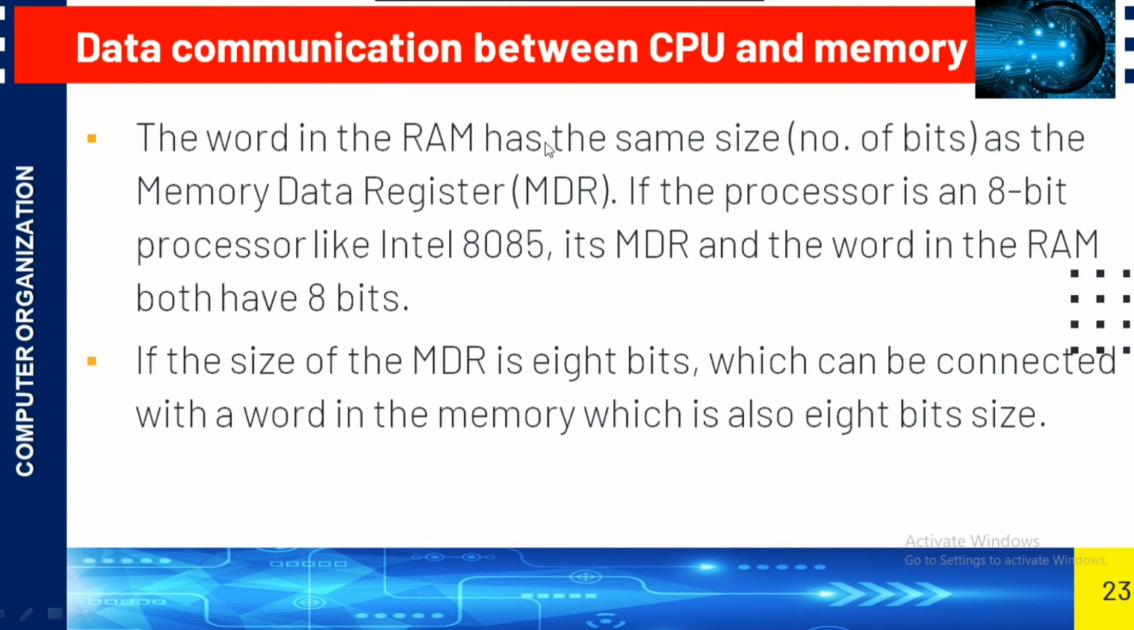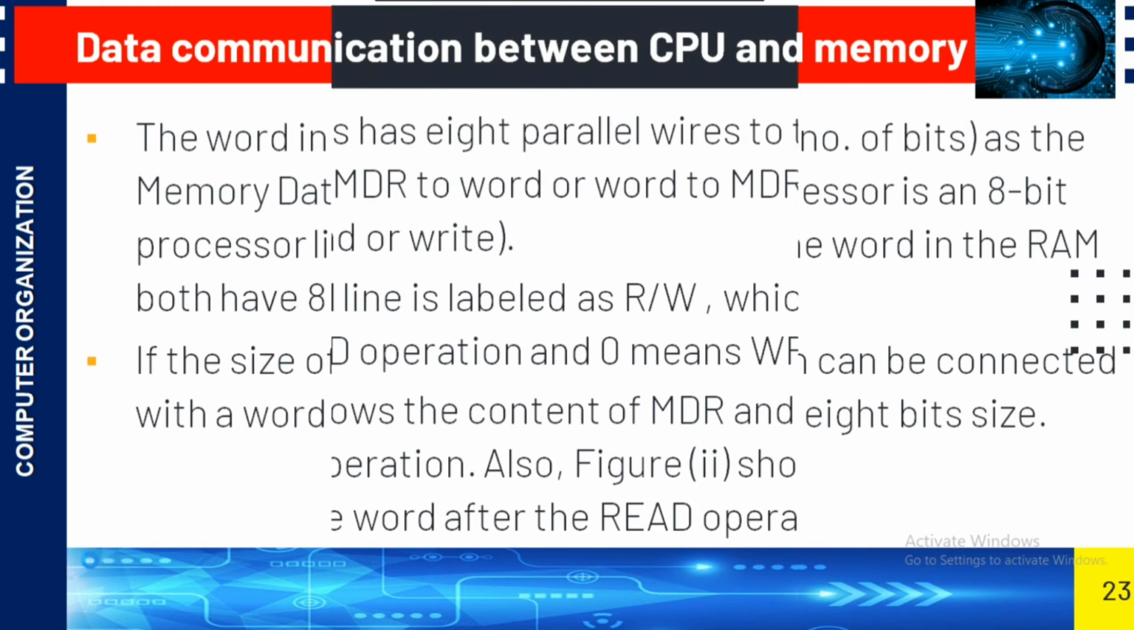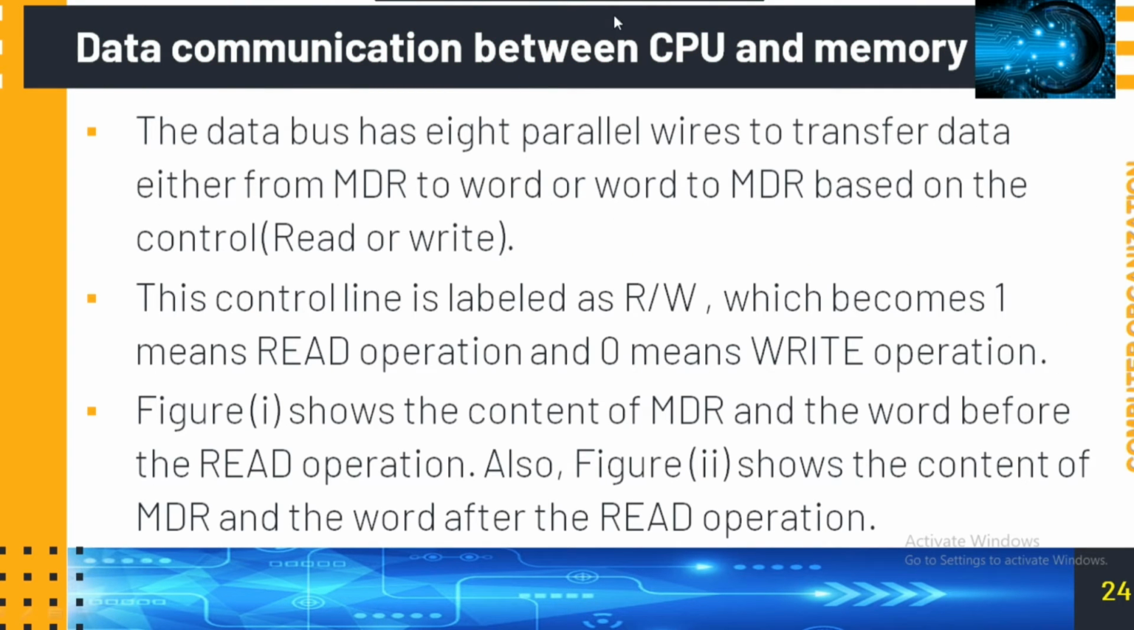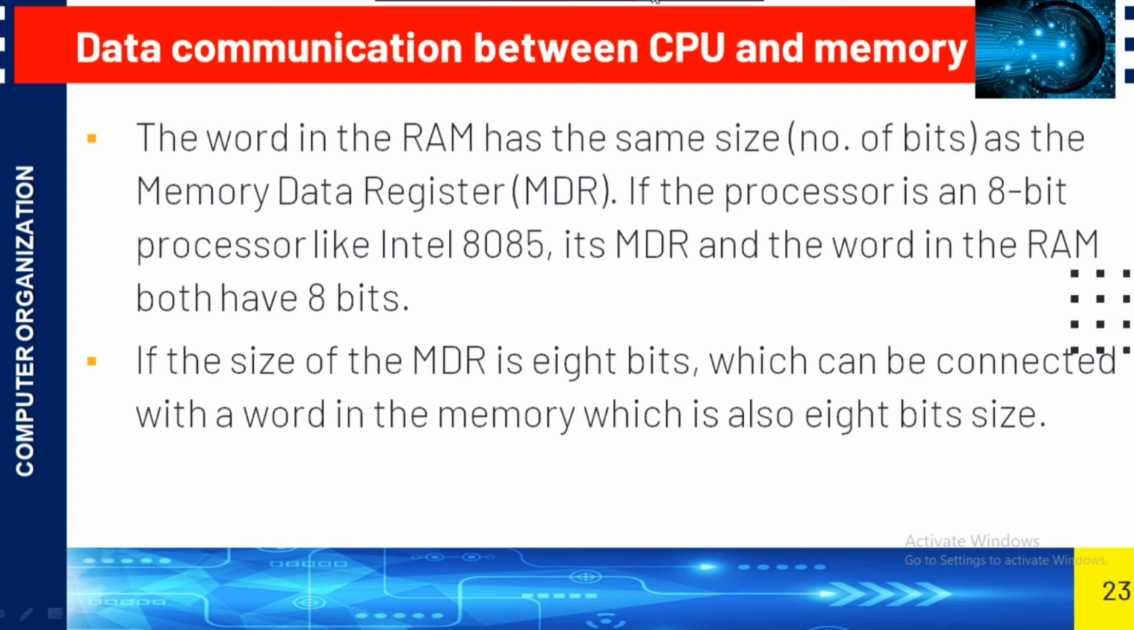The word in the RAM has the same size. We already discussed the different types of microprocessors. Can you remember the 4-bit microprocessor, 8-bit microprocessor, 16-bit microprocessor? Based on the word size we classify the microprocessor into 4-bit, 8-bit, 16-bit and so on. The word in the RAM, what is the expansion of RAM? Random access memory. The word in the RAM has the same size, that is number of bits, as the